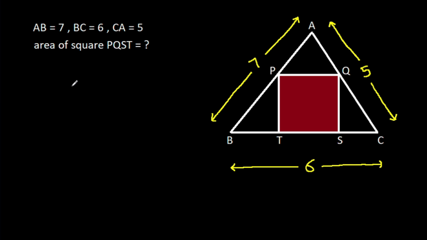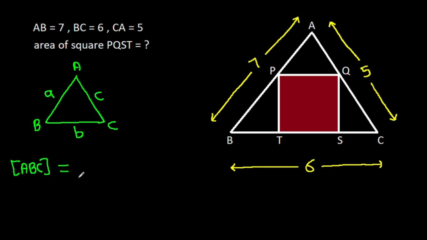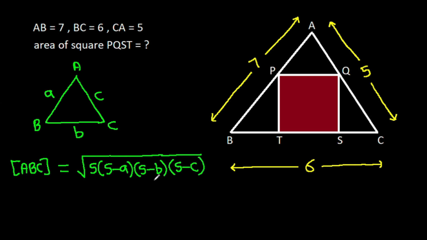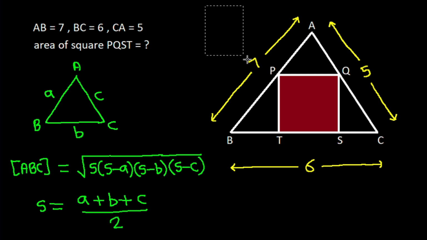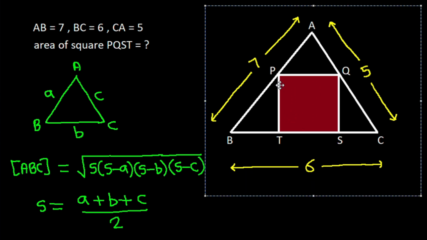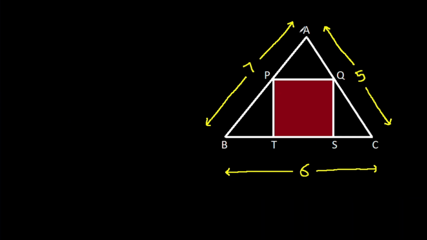So, in any triangle ABC, if AB is a, BC is b, CA is c, then the area of ABC is root under s times s minus a times s minus b times s minus c, and s is a plus b plus c over 2, and here